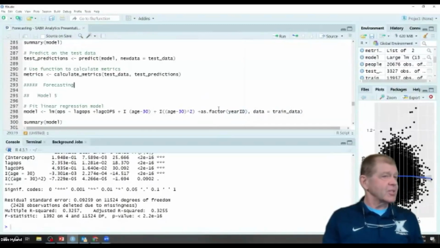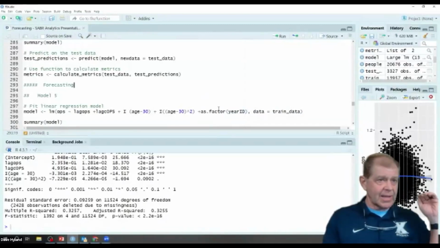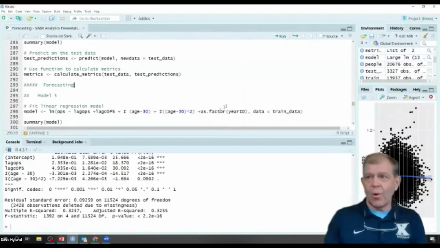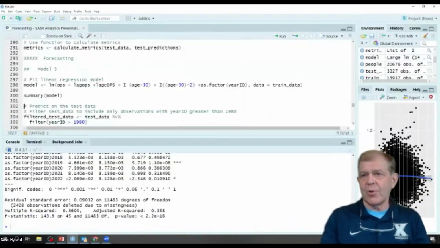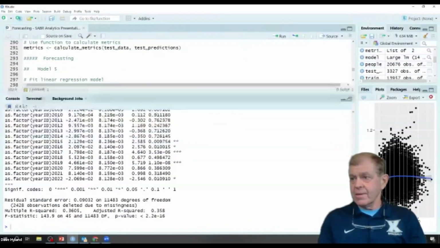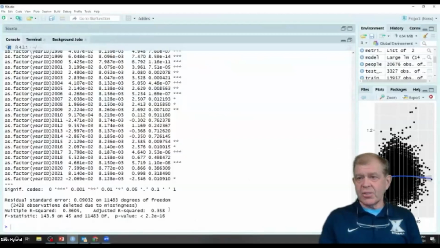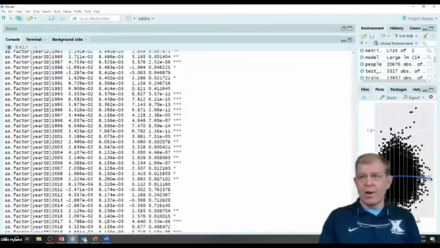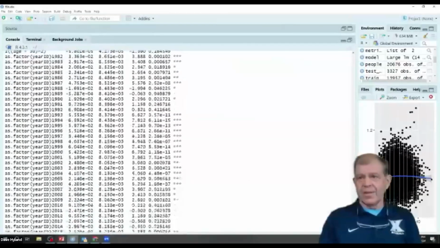And what that's essentially going to do is allow each year to help control for how many runs were scored that year. So let's go and run that. We'll summarize it. And here are results. So notice our adjusted R squared went up to 0.36. So we're explaining more of the variability.